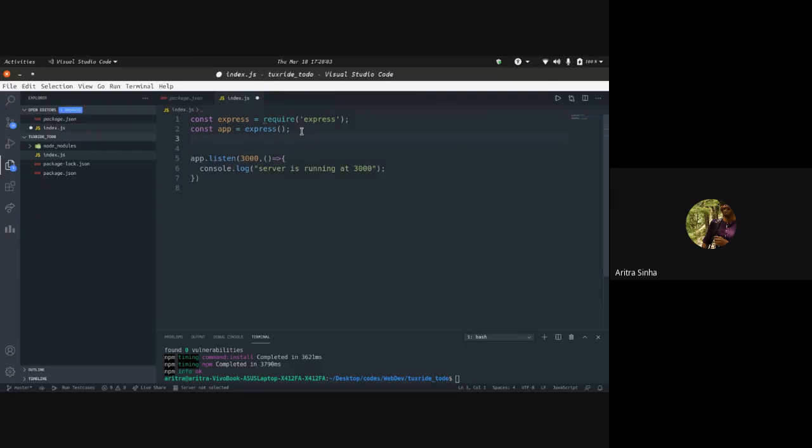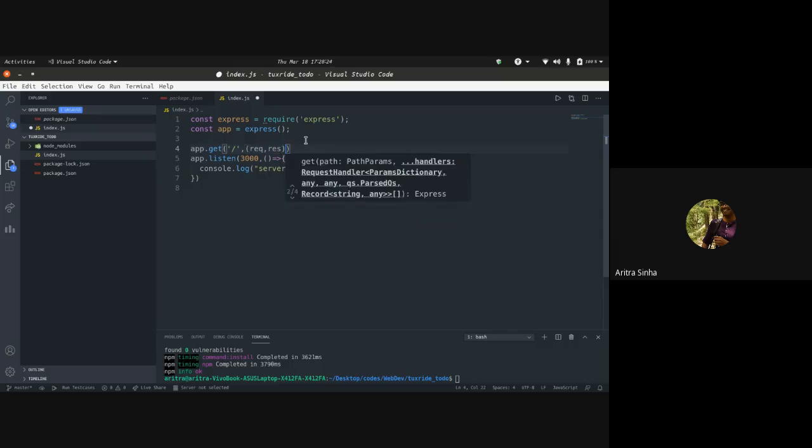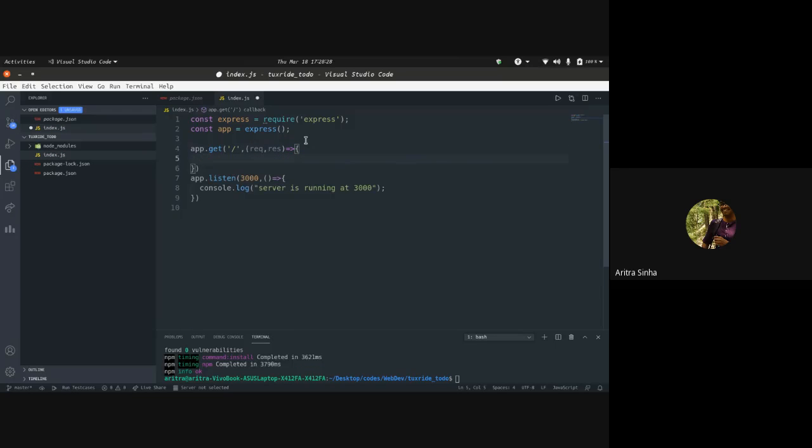Now let's just add a few things. Just to check if the server is running, we'll add a get request, which Sushant talked about, on a blank endpoint, which is localhost 3000, because we are using the port 3000. We are hosting the whole thing locally. When you create an endpoint, you have to mention at least two things, which are request and response, which will basically be a callback function.